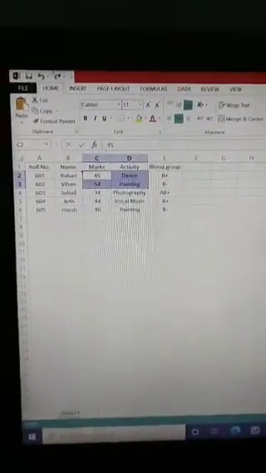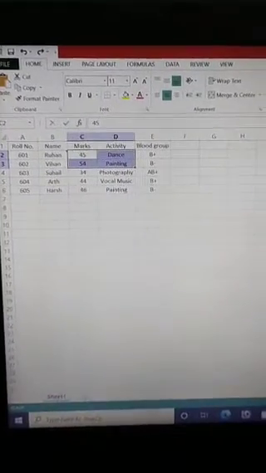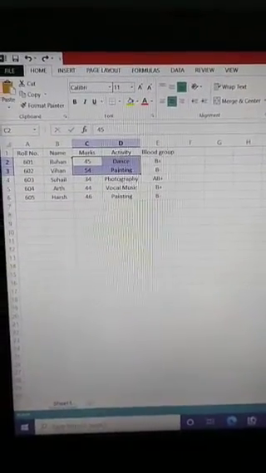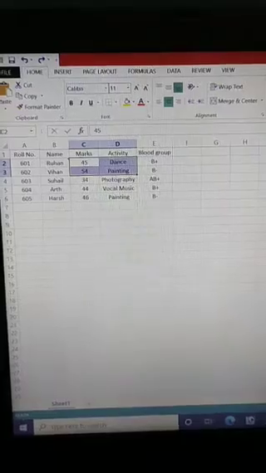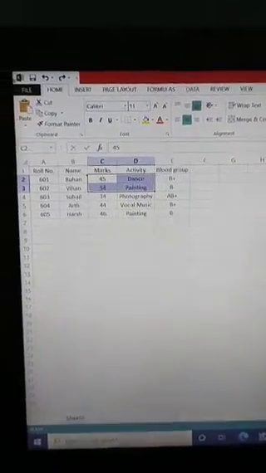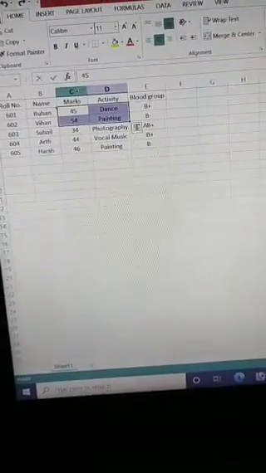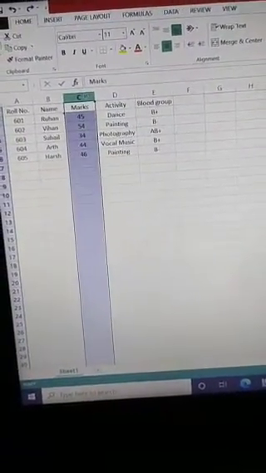Now another option for inserting rows and columns. To insert rows and columns, we can use another option. At first, select the column or multiple columns to the left of which you want the new column. So I am showing you that I have selected these two columns. Okay, so these two columns have been selected.